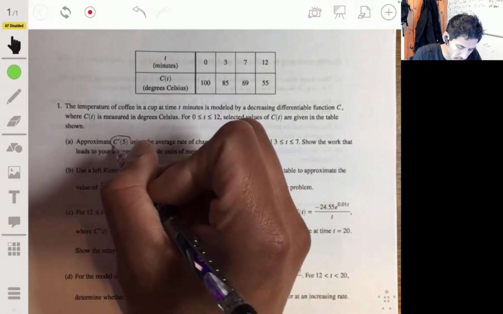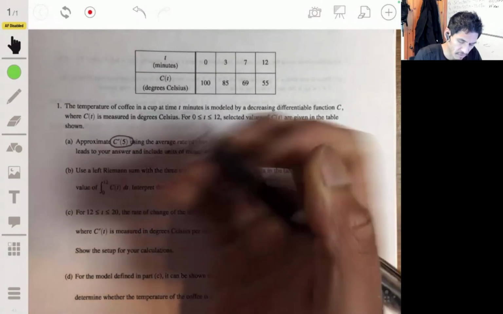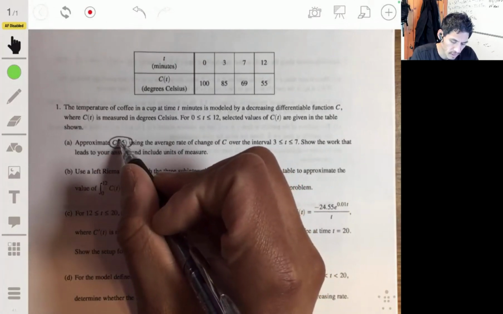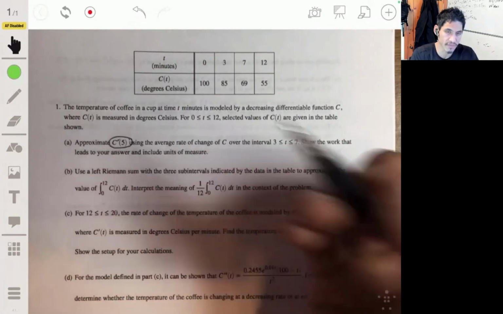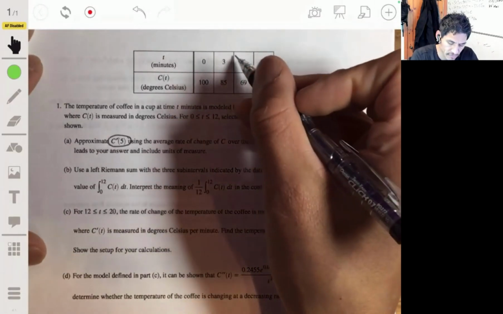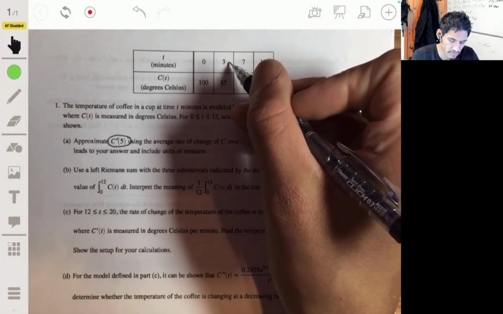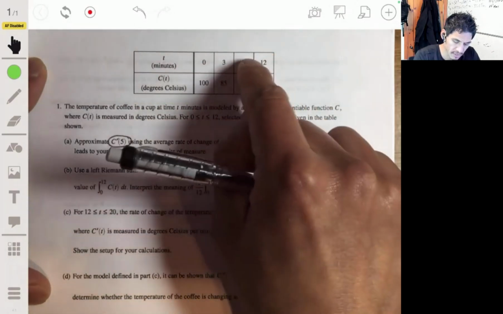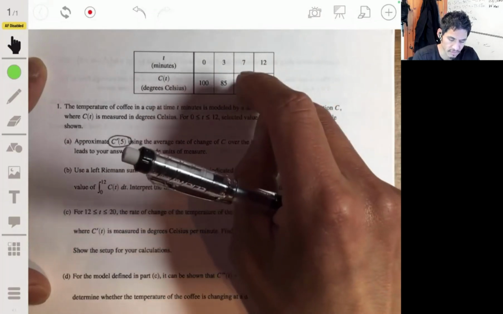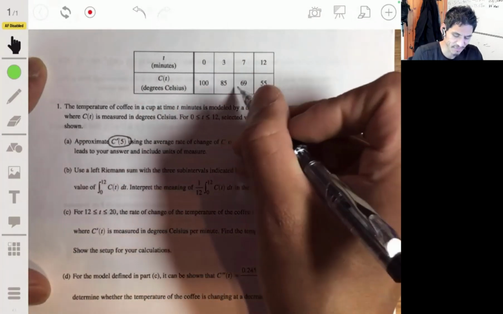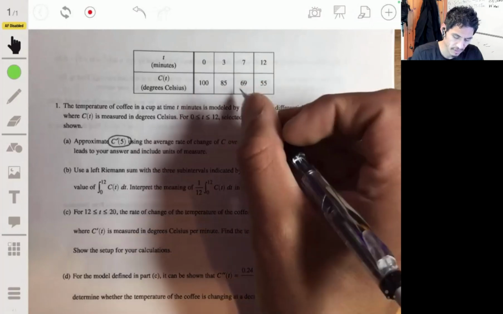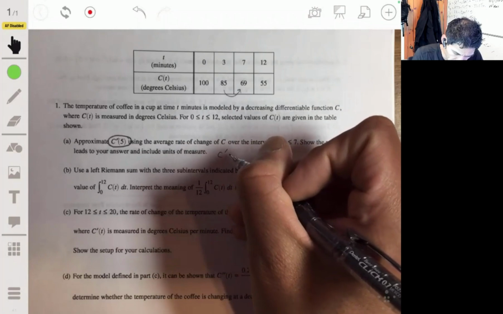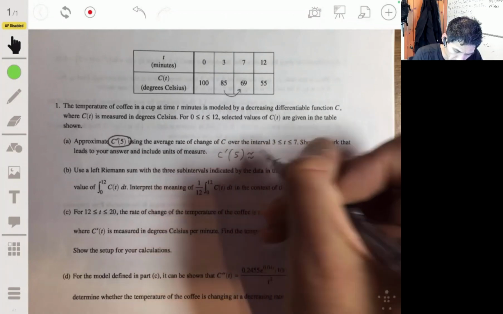This is simple if you know math or calculus. This is basically just finding the slope of C at 5, or the rate of change. Now we don't have 5 as a t value. So what we do is we approximate it by taking the difference in the t's under the difference in the C's of the t's. Well, that was kind of a weird way of saying it, but rate of change. So what we're going to do is we're going to take C prime of 5. It's approximately